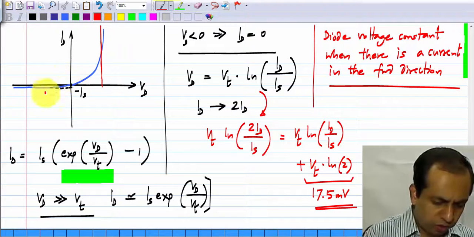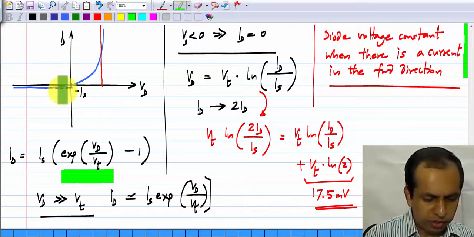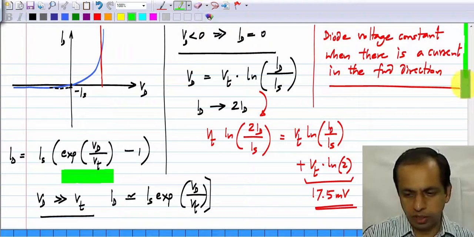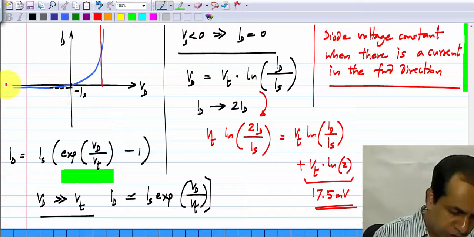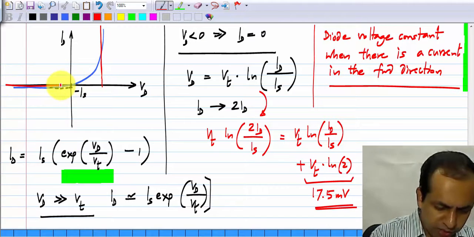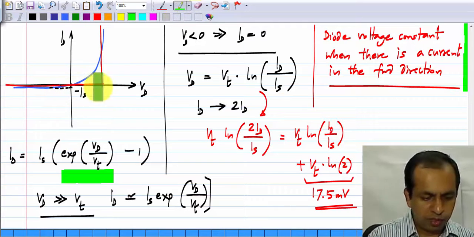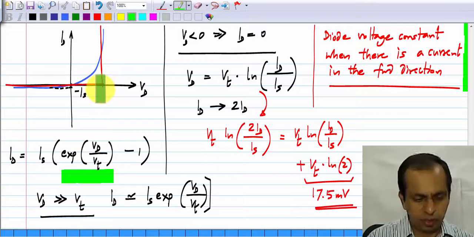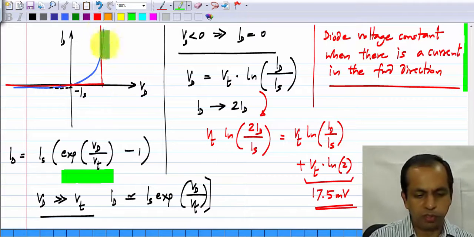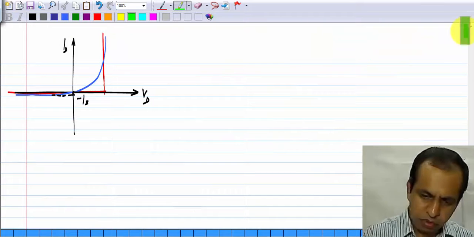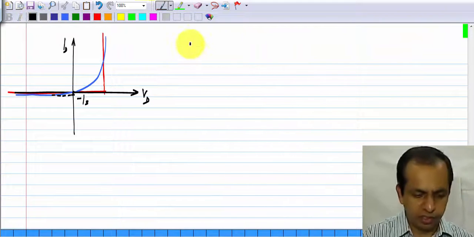And also we know that the current is very small in the reverse bias region, and we already approximated that to 0 earlier. That is, we assumed a characteristic of this type, and we can continue that all the way till here. So, we assume that there is 0 current up to this point, and at this point the voltage will be constant and it can carry any current. So, the next level of approximation is as follows: